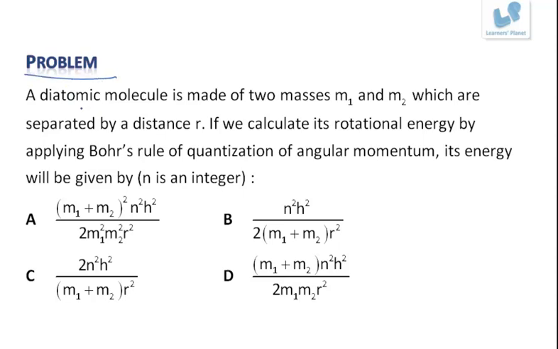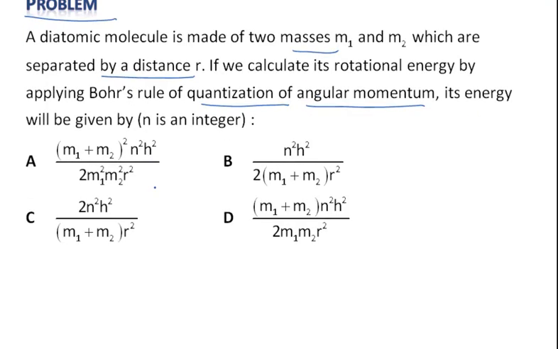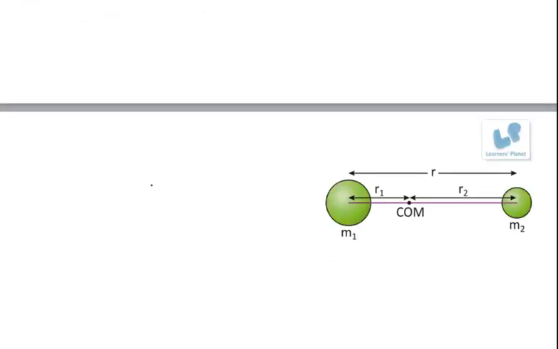Next problem. A diatomic molecule is made of two masses m1 and m2 which are separated by a distance r. If we calculate its rotational energy by applying Bohr's rule of quantization of angular momentum, its energy will be given by. Okay. Now we know that if it's a diatomic molecule having different masses m1 and m2, then the rotation